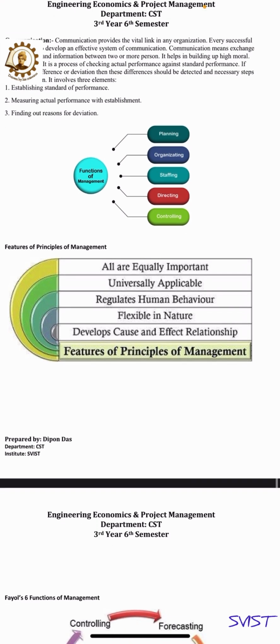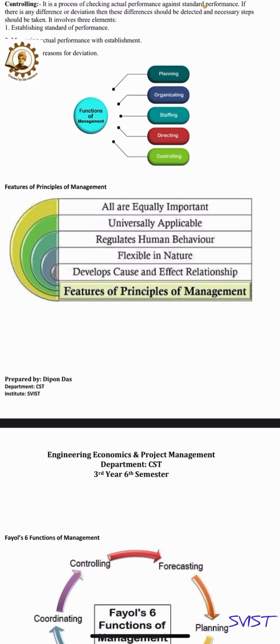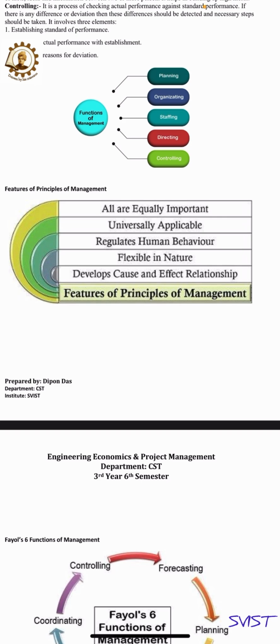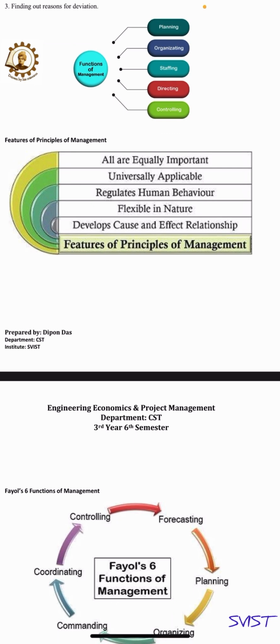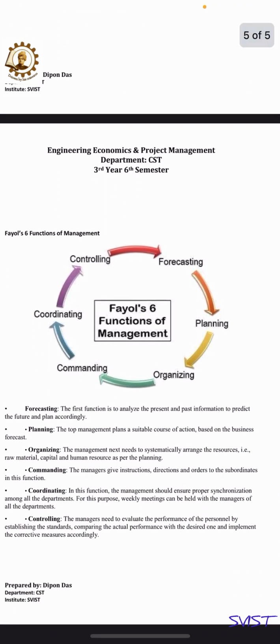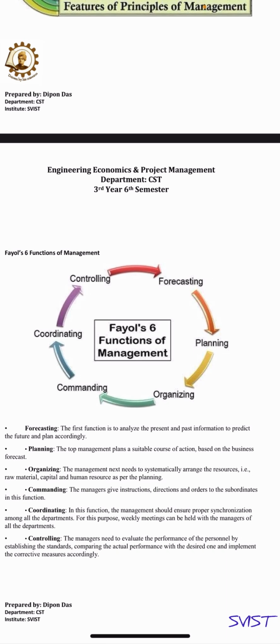So this is I think a good example of how the functions of management run. And definitely the features of principles of management are that everyone in an industry is equally important, and every department is definitely important, because without hierarchy management, the organization won't run in a smooth manner. So every part of it has a particular function. So this is it, and definitely we are going to study Fayol's 6 functions of management,